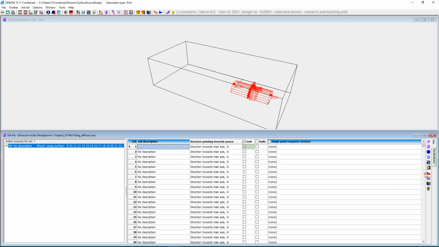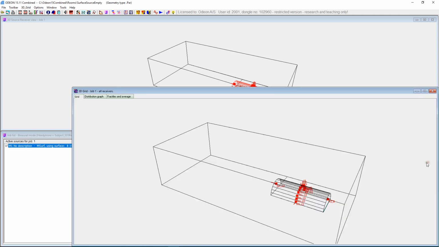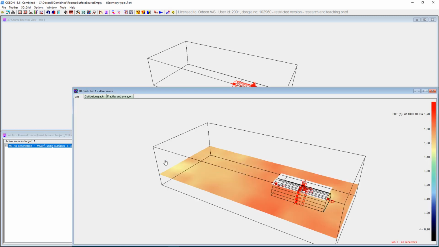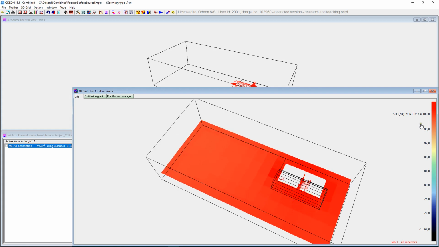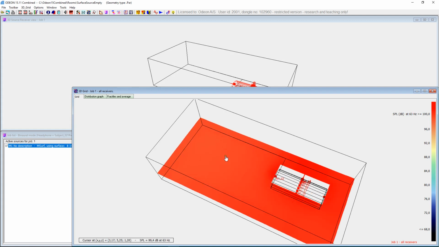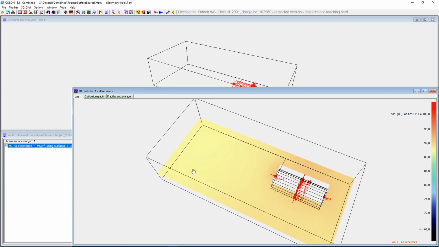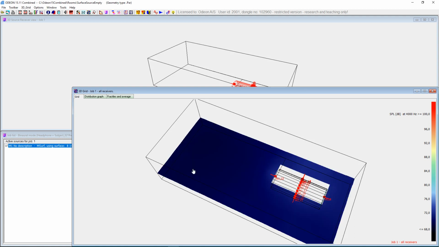So now we just calculate 104 receivers, so that was pretty swift. And here you see the different values, EDT, and what's probably more relevant in a room like this would be something like SPL. Now I changed the frequency, but here we have SPL late, early. That's not so interesting, but SPL is interesting. And it's pretty red here, so you could hover over the values to get it, and you could rescale to get some nicer values, some more variation in the colors, for example.